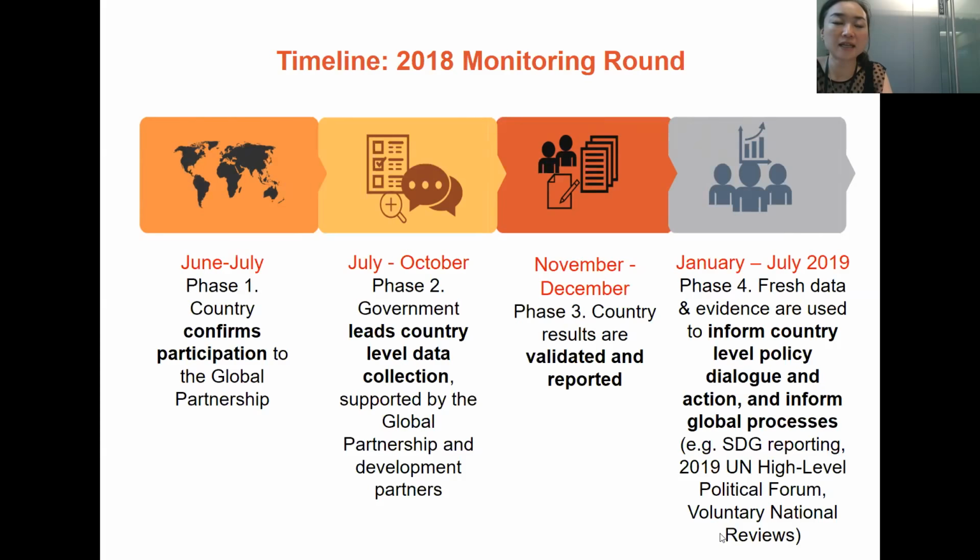As I said, the monitoring guide for the Global Partnership monitoring has been produced and shared, I believe, earlier today or last night. So you have information available to kickstart the process at the country level. Now over to Alejandro to go through each of the steps more in depth.